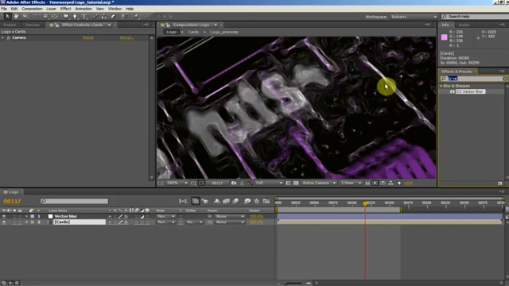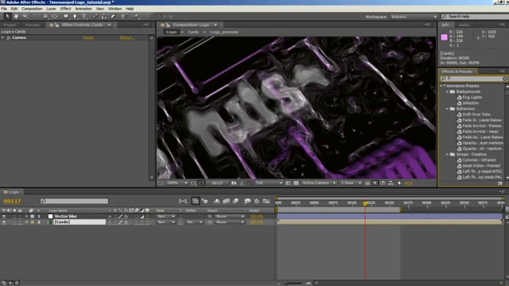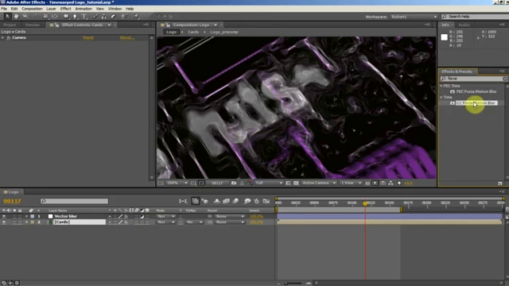Yes, this one. Under time you will find CC Force Motion Blur. It takes a lot of rendering time, but it should do a great job at the end. For now, we try to work in our project with the vector blur applied,